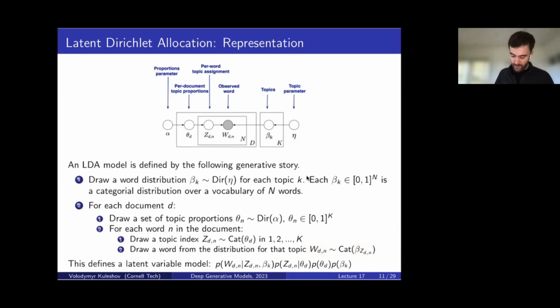What it says is that given that I have a word, this word has been sampled from a topic index and from a topic distribution. The topic index was sampled from the topic proportions, and then the topic proportions themselves and the vocabulary for each topic were sampled from a Dirichlet prior. So this defines a probability distribution. By defining this story, I have defined the functional form for each of these